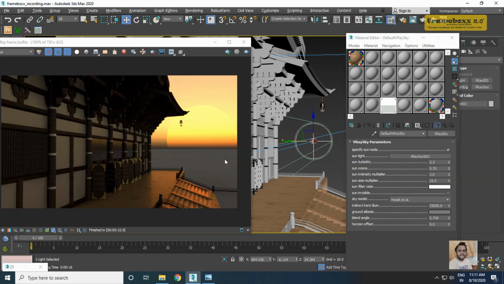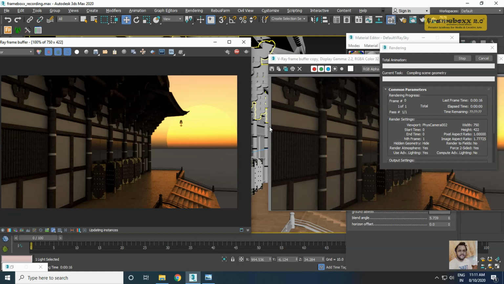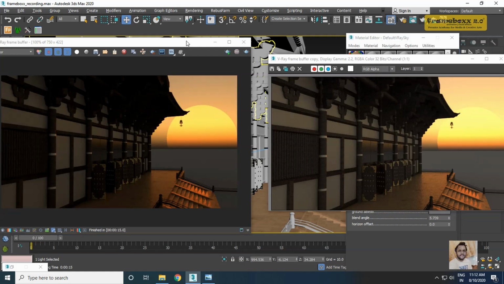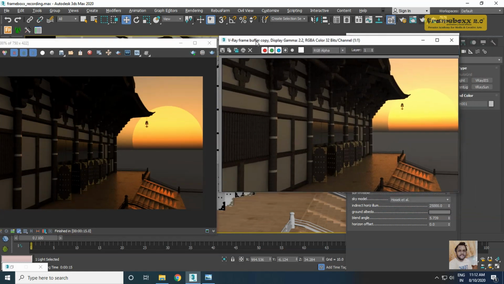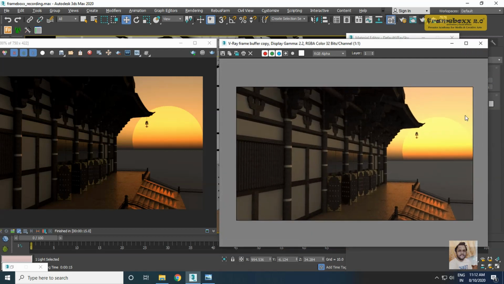Now also I have one more parameter here, that is sun intensity multiplier. So what is sun intensity multiplier? By default it is on 1. So let me take it to 0.5 and I'll just clone this window just to show you before and after, and I'll just take a render. So as you can make out the difference, sun intensity controls the overall intensity of your sun.